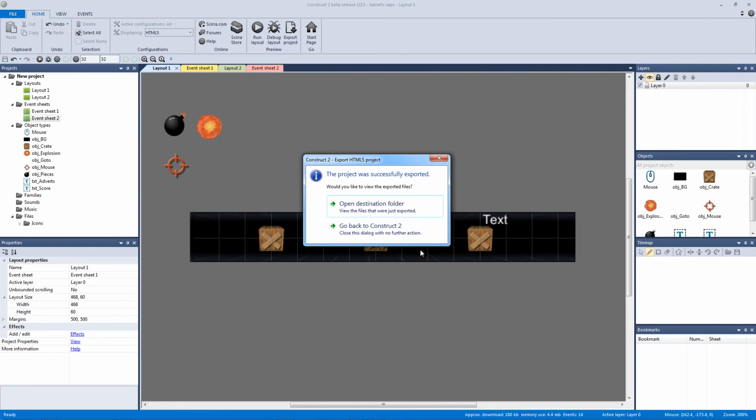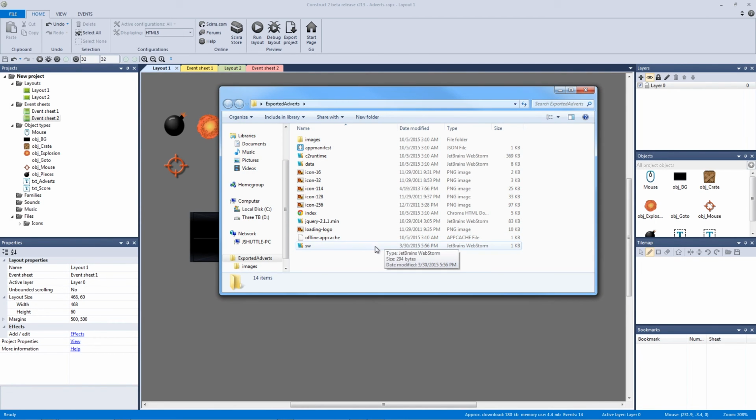So let's open the destination folder here so we can see it. Now it's going to give us a bunch of files. Now this part is a bit more advanced, I guess. If you've never done HTML, you're going to need a web host for this to work. Once you export to HTML5, you have to upload it to a web host. So I'm sure you could probably upload it to Dropbox or something like that. I actually have my own website that I'm just going to quickly upload it to with FileZilla